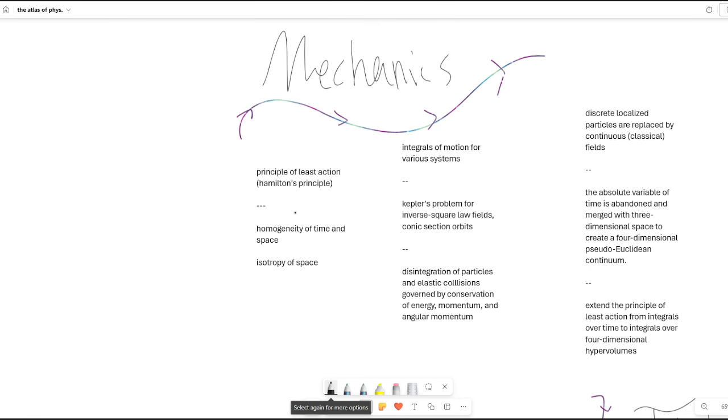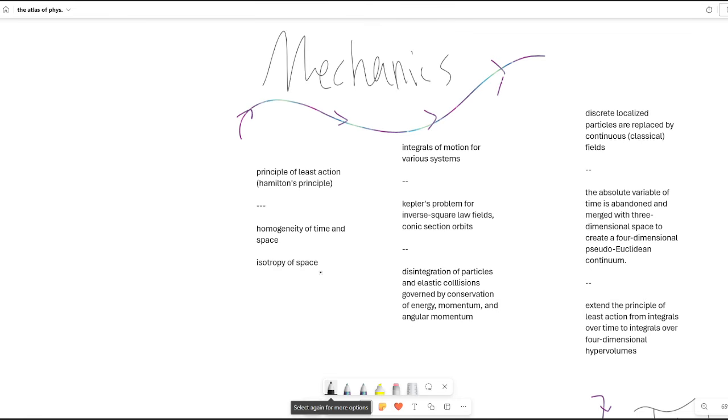The deeper physical principles come from the homogeneity of time and space and the isotropy of space, which basically means that if I were to do a laboratory experiment in Japan versus a laboratory experiment in North Carolina, done the exact same way, and even at different times, they should fundamentally give me the same results, assuming that space itself is homogeneous.